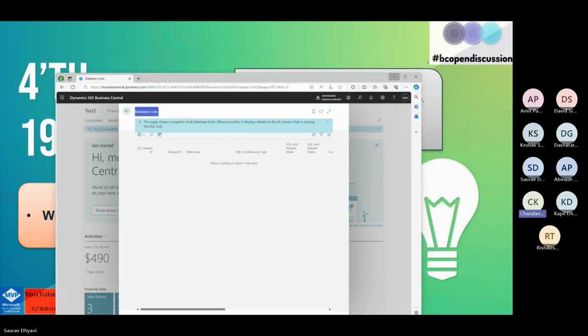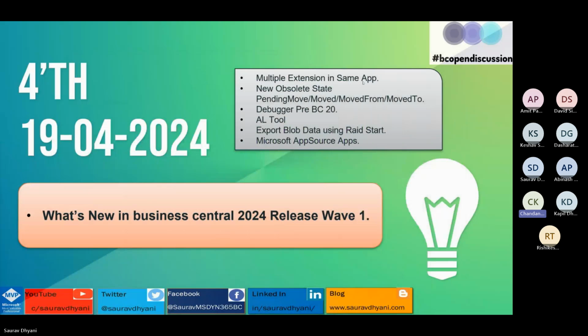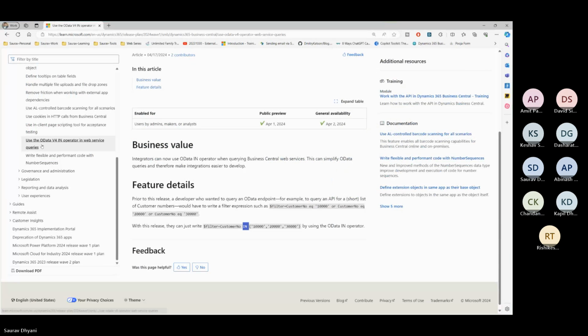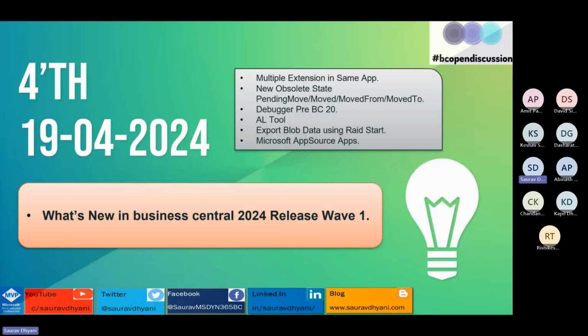What I heard from a vendor is that there is some kind of SQL level permission that we need to have in order to see that page. So, to configure this, yes, there are SQL level permissions to configure the database log feature in on-prem. I can check and let you know,